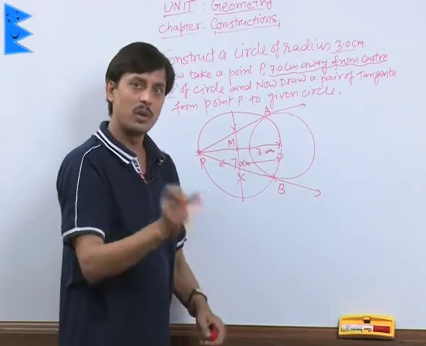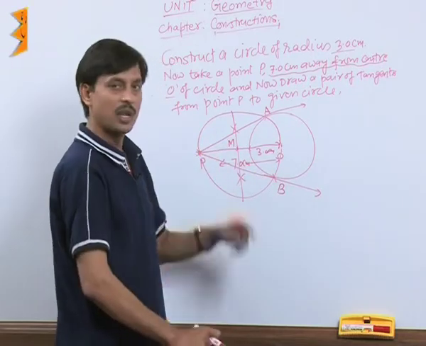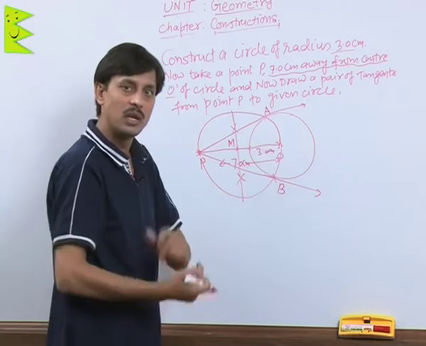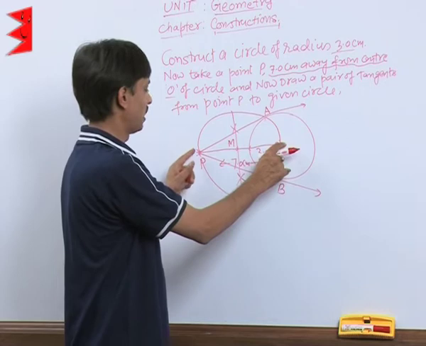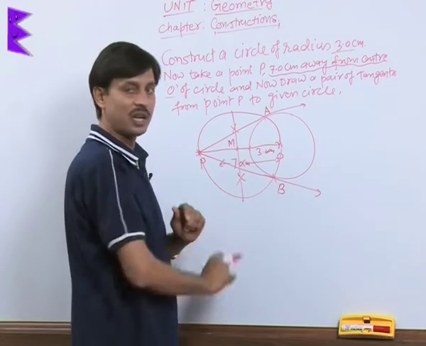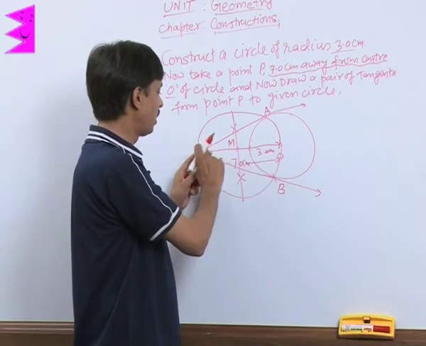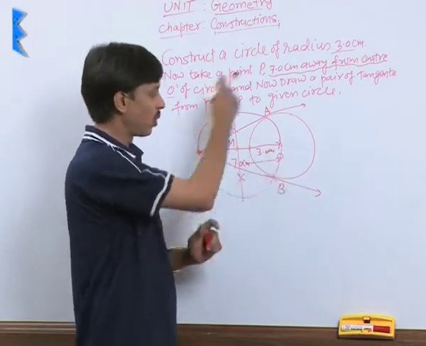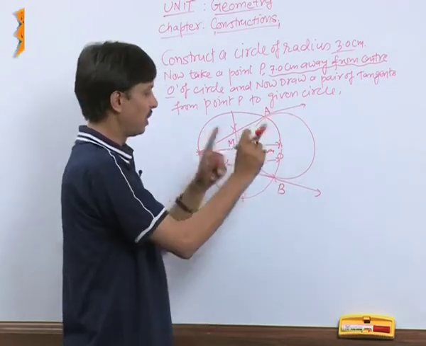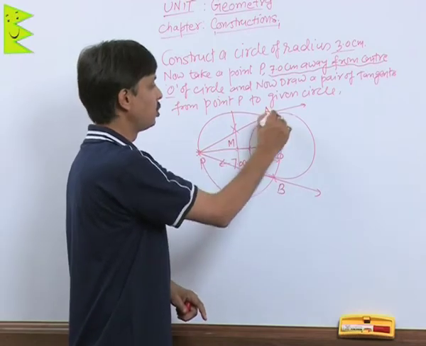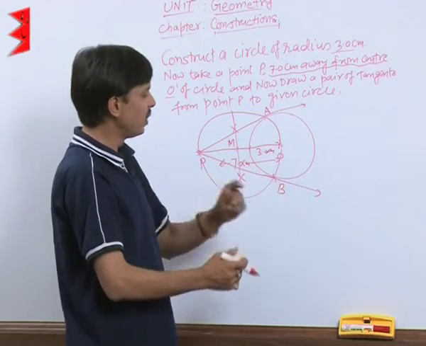First of all, we have drawn the circle. Second, we have taken a point P outside the circle. Now, having joined line segment OP, we have drawn its perpendicular bisector. The intersection of the perpendicular bisector and line segment OP is taken as center. Taking that point as center and half the length of OP as radius, we have drawn a new circle. The intersections of these circles are taken as A and B, and with the help of a scale and pencil, P is joined to A and P is joined to B. PA and PB are tangents, which can be proved